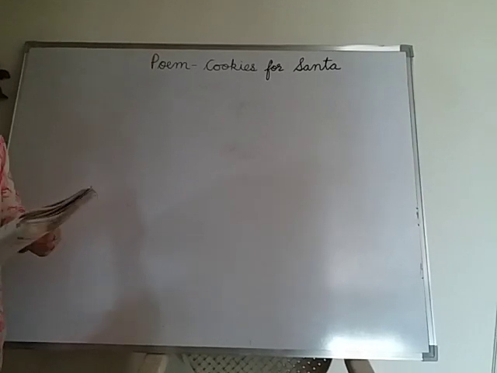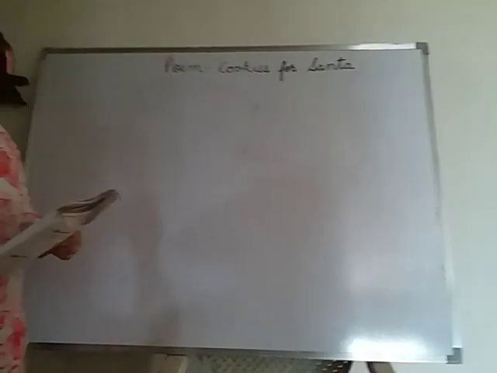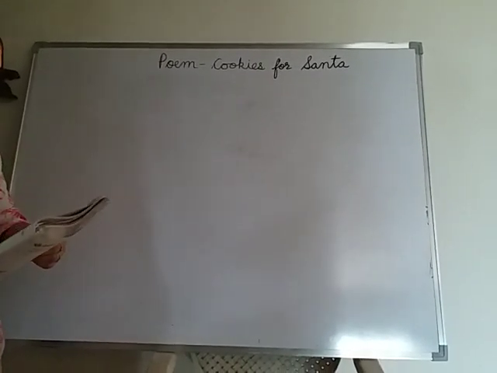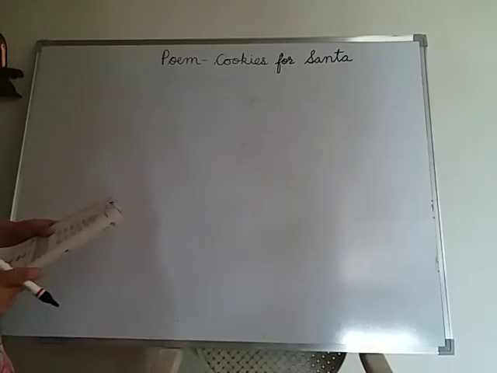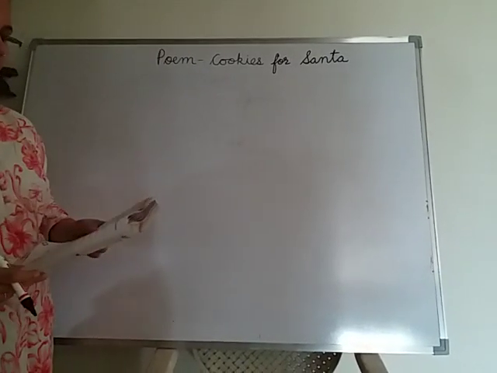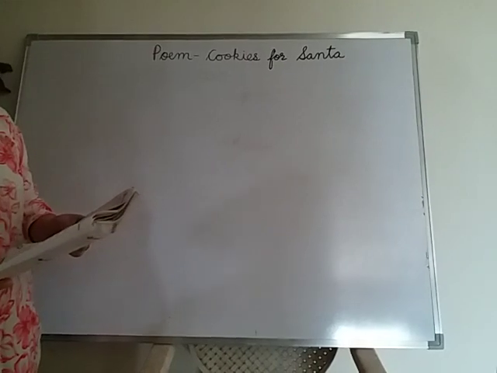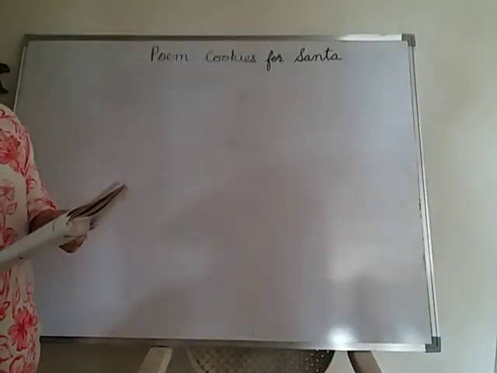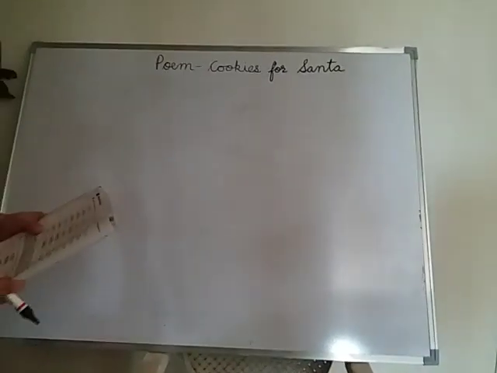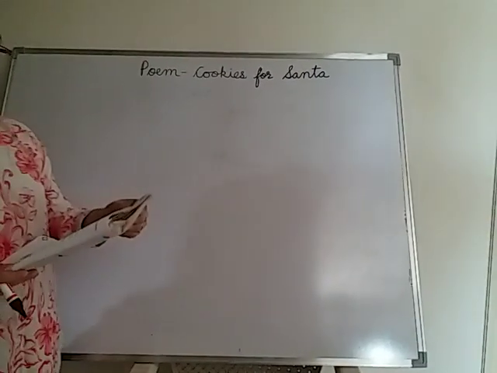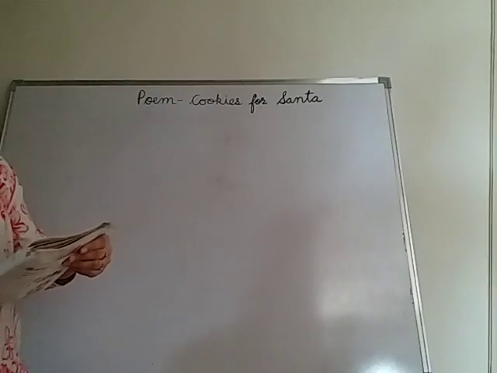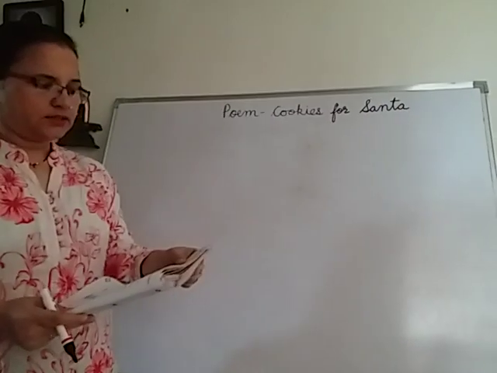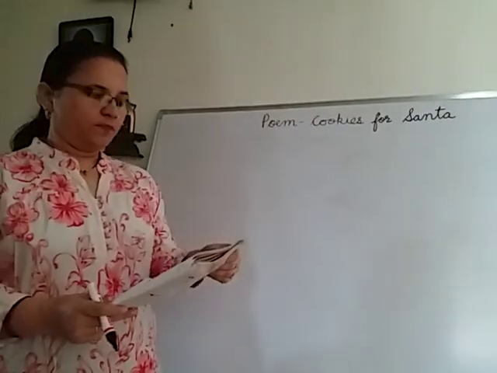Now what are rhyming words? Rhyming words are the words which repeat the same sound. So repetition of the same sound, like plate, ate, late. Okay. So now I hope you understood what rhyming words are. Now let's start. First one is, children, I hope you all have your book in your hand. Page number 18 it is. So the first one I am reading for you.